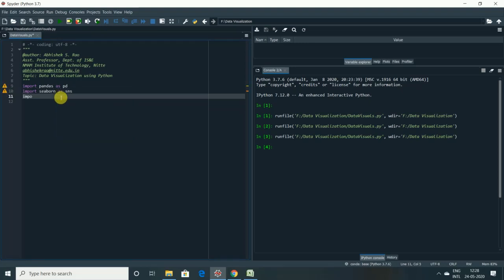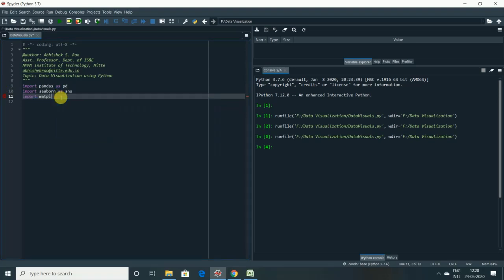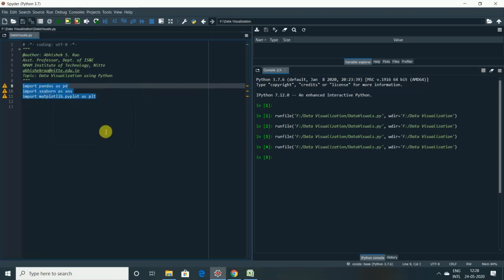Similarly, import matplotlib.pyplot. So these are the three packages which are required for our study. First, let us execute these three lines with Shift+Enter, or you can make use of that icon to execute it.